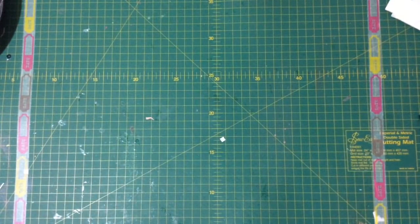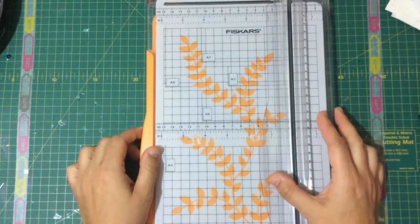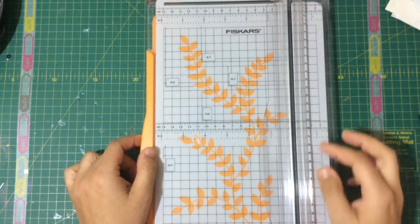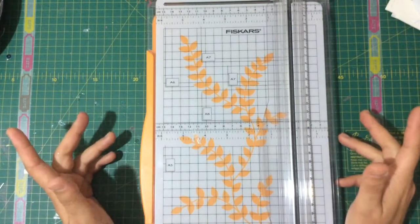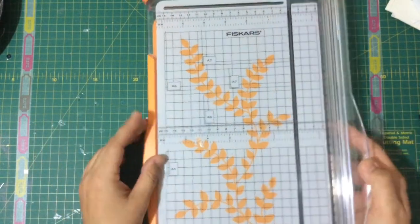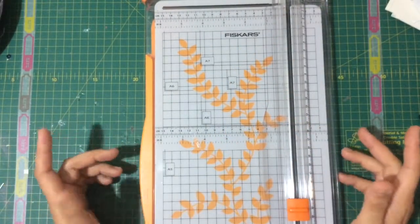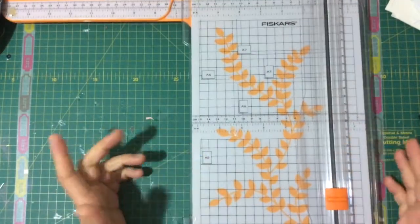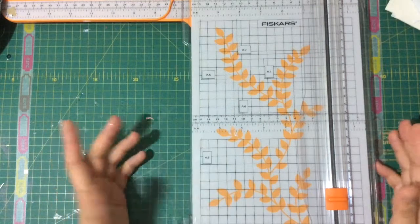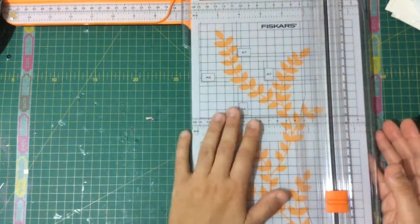Then trimmers. It's funny, I have this Fiskars which I bought. It cost me a fortune, and I hate it with all my heart because it just lasted me a couple of months, and then it had a metal thing which got broken here. It cuts really badly, and I thought I was getting the best cutter that I could ever get because of the price and because of the make, but I was really disappointed with this. So I actually replaced it